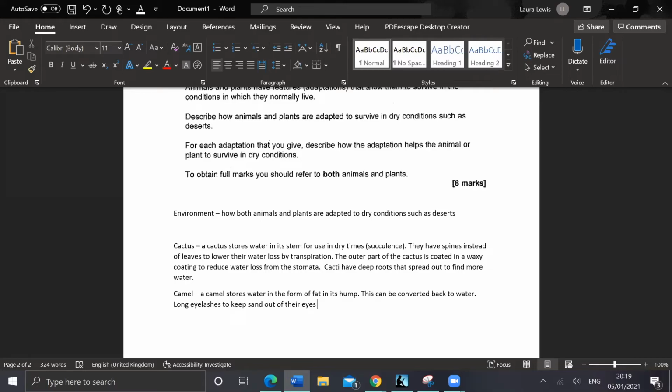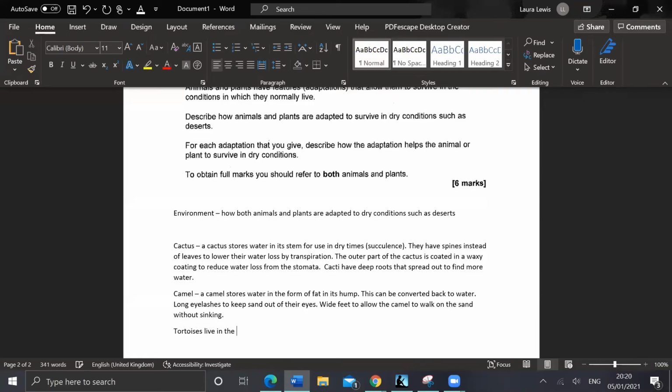Also, think about wide feet. Yeah, they've got quite wide feet. So to allow the camel to walk on the sand without sinking. We've got quite a lot of adaptations there. Okay, it was nice to get 6 marks. So just think if there's some other animals in the desert that would also give marks. So the tortoises,